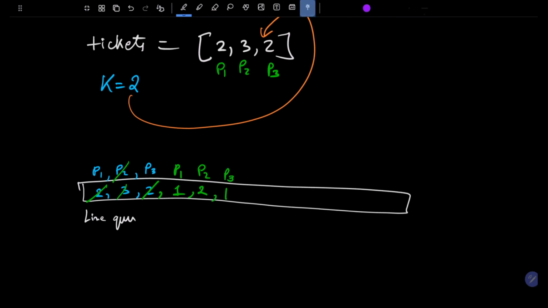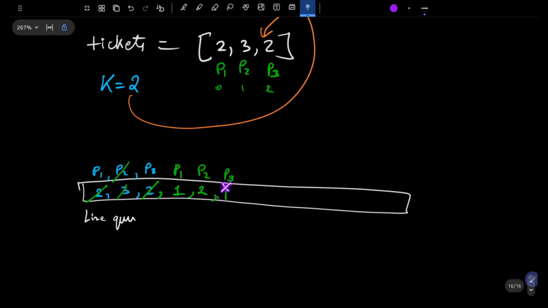And what we need to find is the kth person, the second index person. You can say 0, 1 and 2, these are the indices. We need to say, okay, the second index person, or the third person, we need to find how much time it will take for this particular person to buy